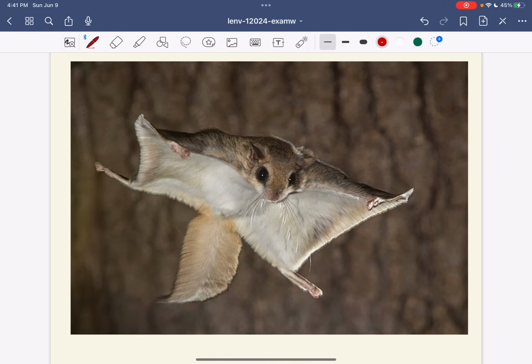This squirrel can fly from one tree to another. It lives in a particular niche where this characteristic is necessary, where it has this flap of skin that it can stretch itself out. And look at the tail. Look how flat the tail is. That has to help with its aerodynamic properties. So this squirrel is able to fly from one tree to the next in order for it to survive in its particular niche. This is a favorable characteristic.